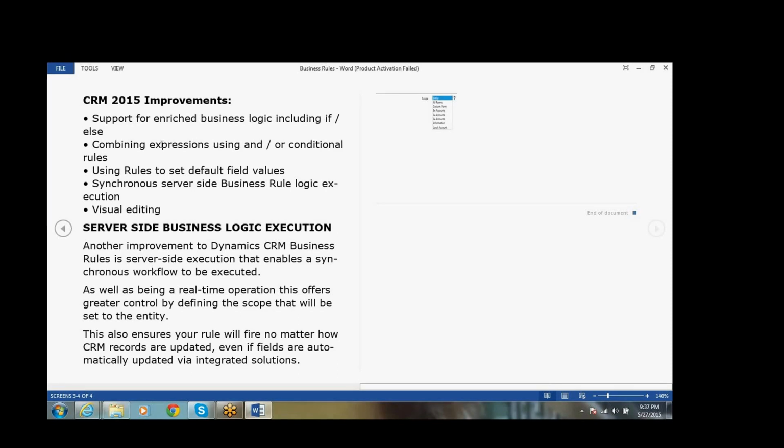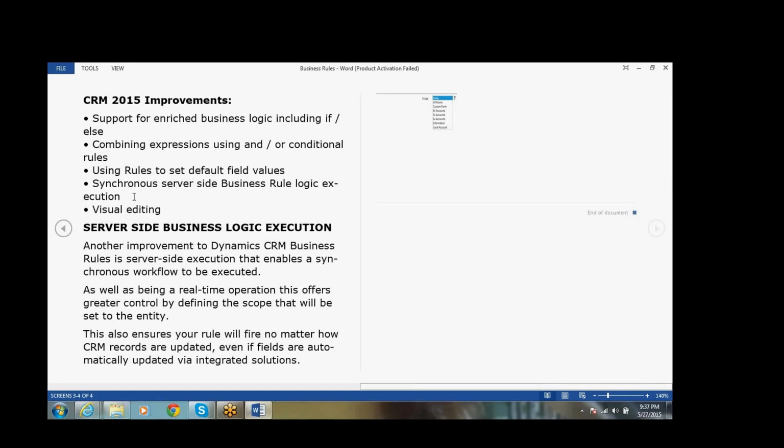Earlier in CRM 2013 we didn't have if and else conditions. In CRM 2015 they introduced if-else conditions and combining expressions using OR conditional rules, and using the rules you can set the default value of a particular field.